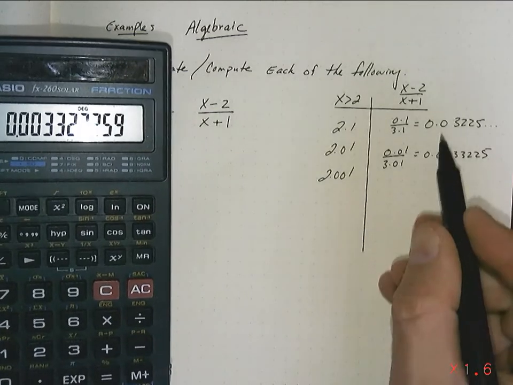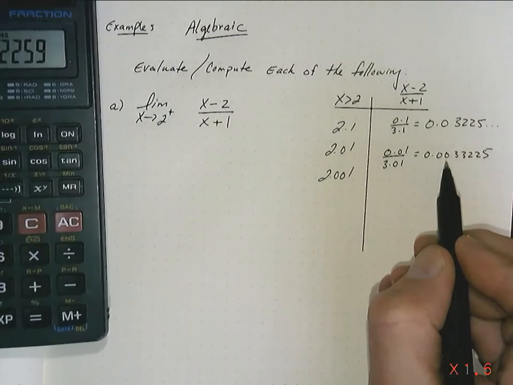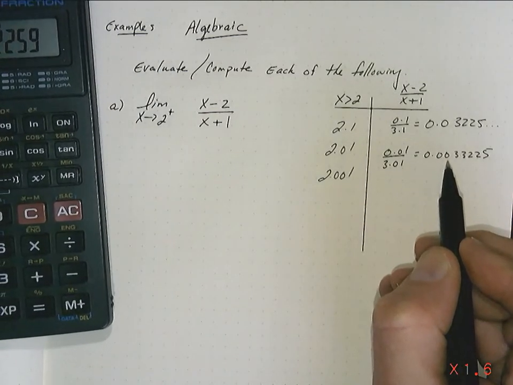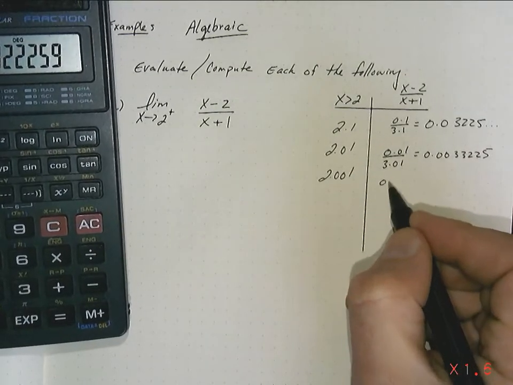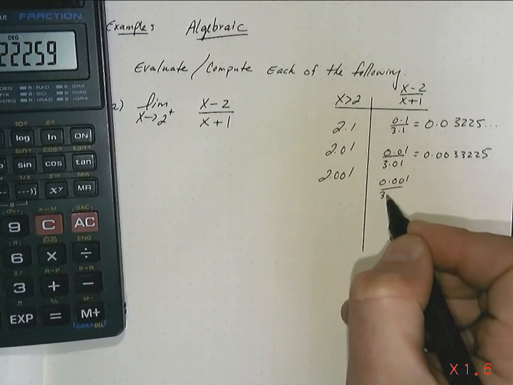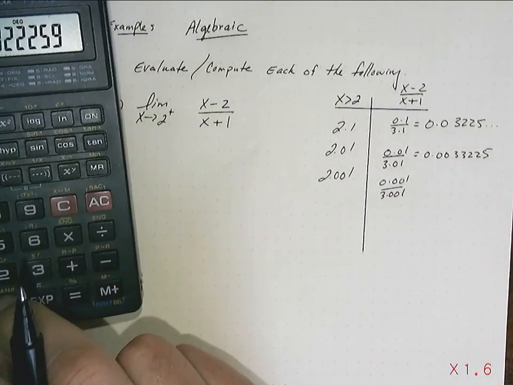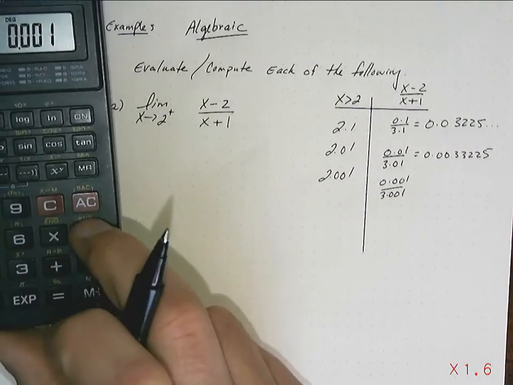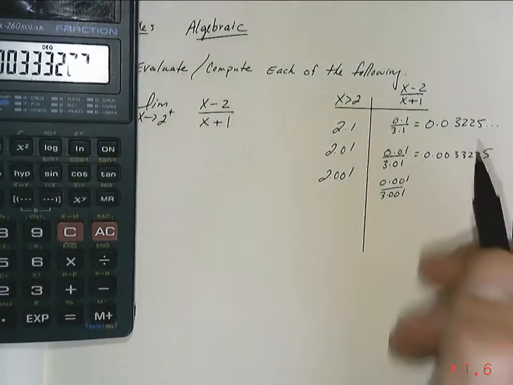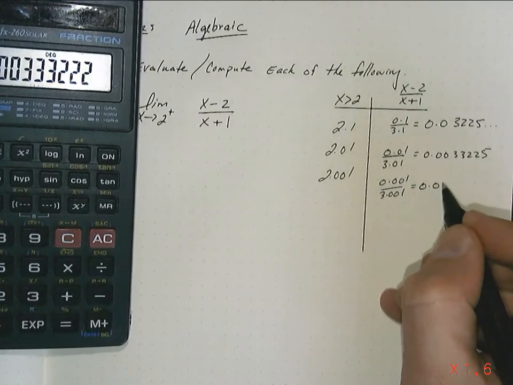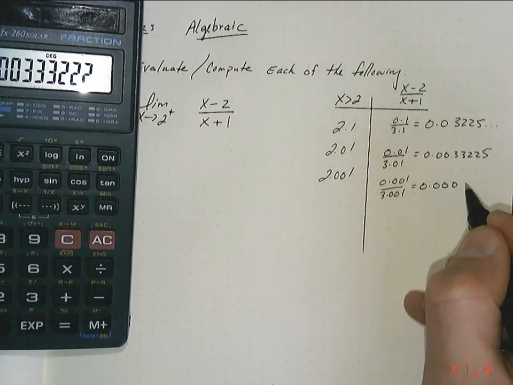0.00333225. What's important here is notice that it's been reduced by a multiple of 10, so it's been divided by a multiple of 10. The next one is going to be 0.001 over 3.001. So it's 0.001 divided by 3.001. And the important thing to notice is this is getting smaller